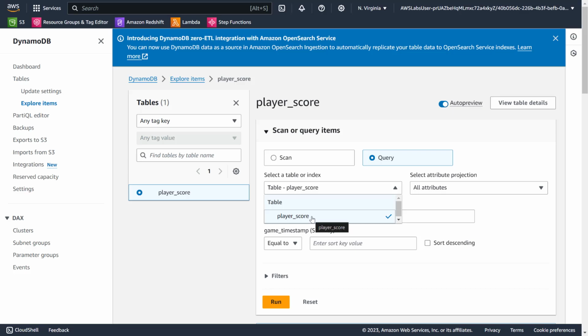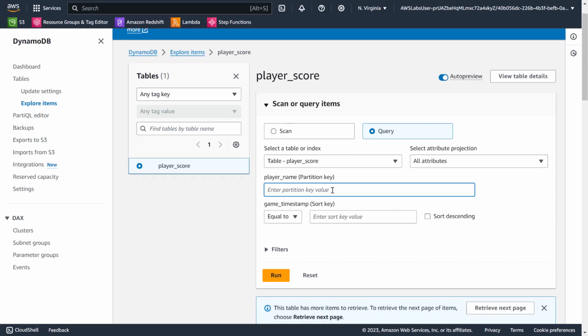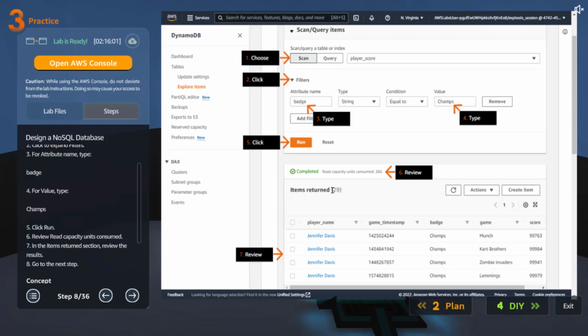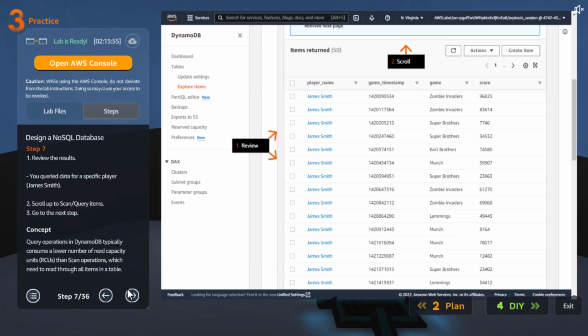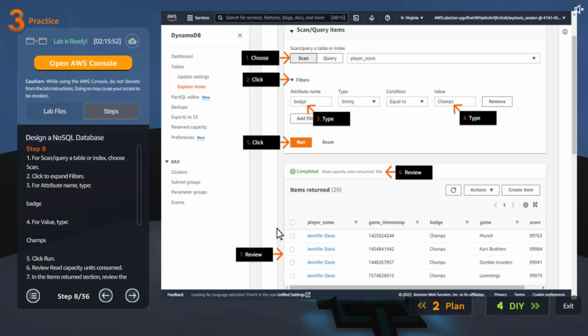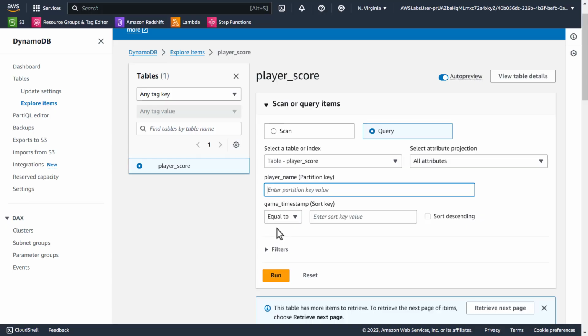We don't have any indexes yet. It looks like we have the table, which is player score. Do you want to select all attributes? I am fine, but you have to give the partition key. What was the partition key they used? I think some James, what? Did they use Jennifer Davis? I thought it was James. James Smith, yeah, they used James Smith, never mind. I was confused.